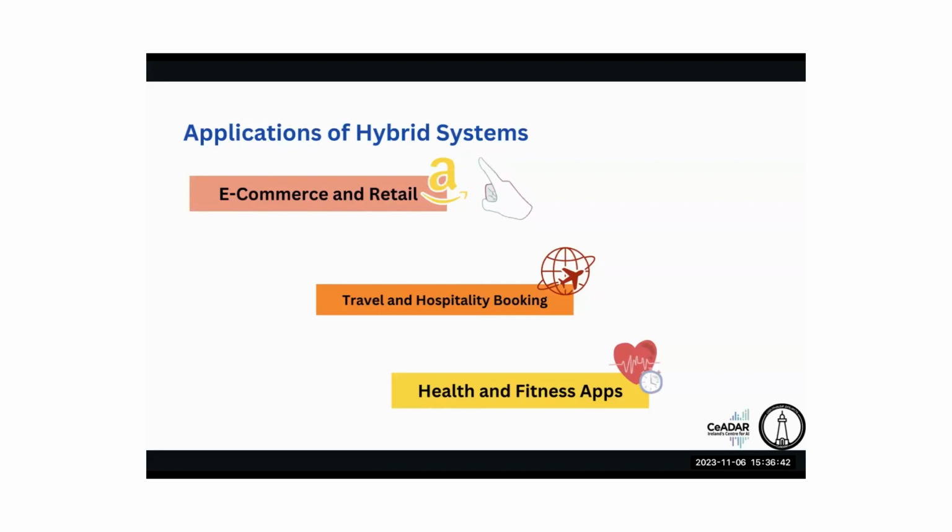The next important area is travel and hospitality. The hybrid system is used for recommending local attractions, restaurants, and events based on the user's current location and the time of day. It gives us exact information based on our current GPS location. It shows what attractions of interest are within close proximity, and what is happening on that specific day, like whether there is a football match or a rugby match, or whether any food festival is going on or not. That context-based information can be applied in travel and hospitality booking.